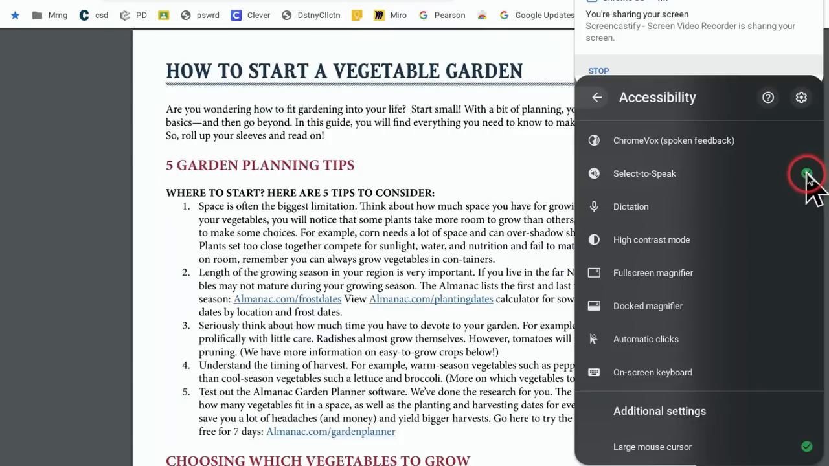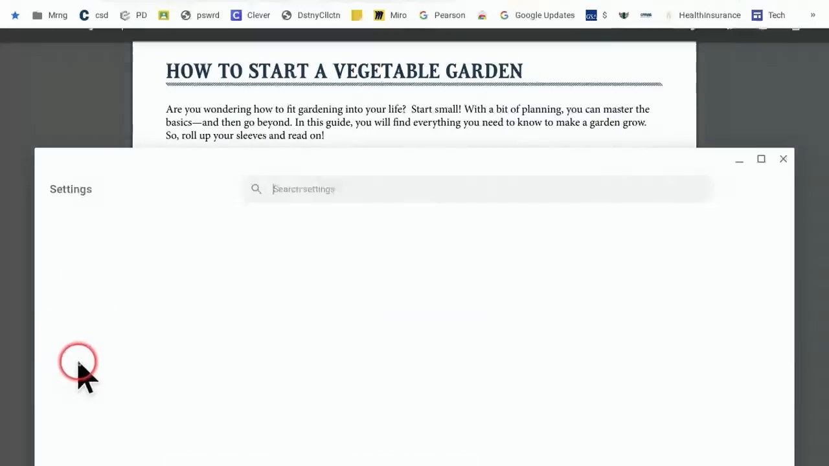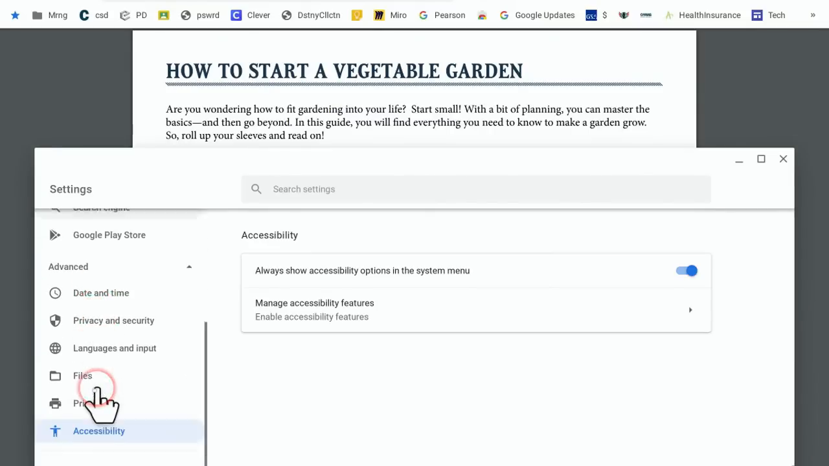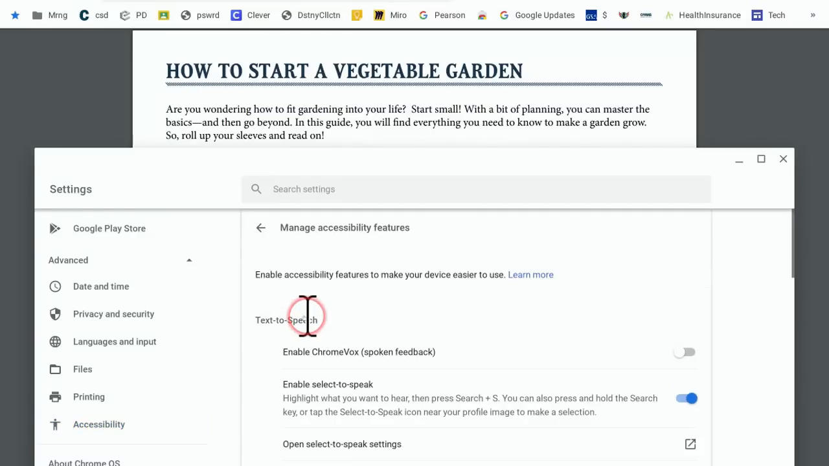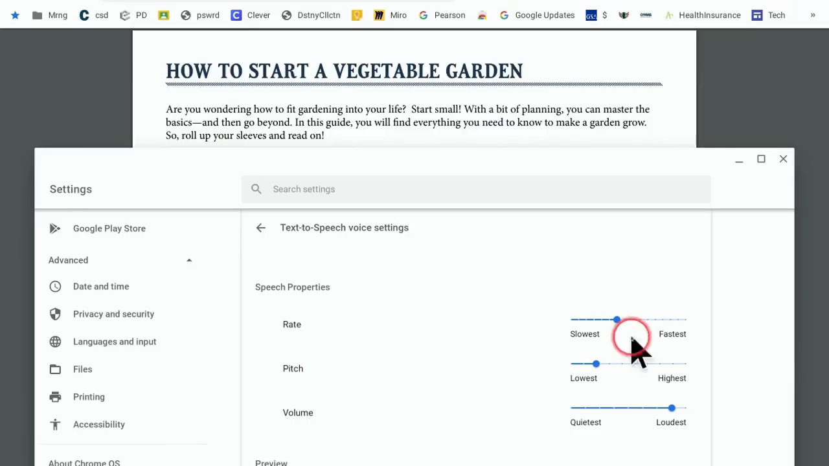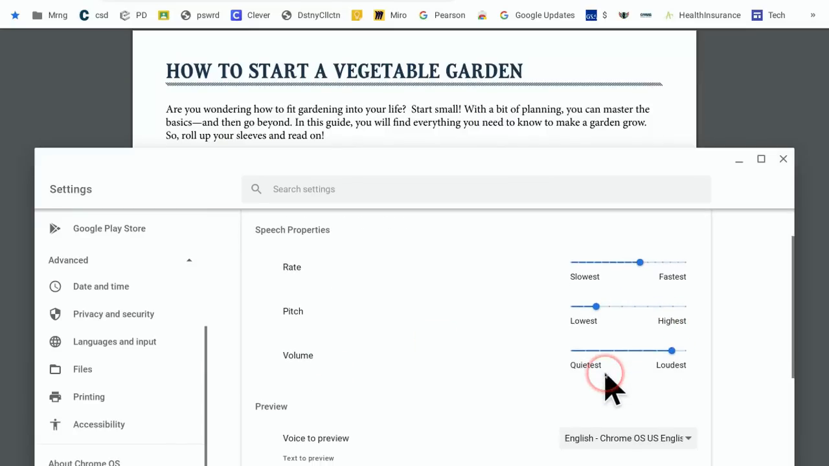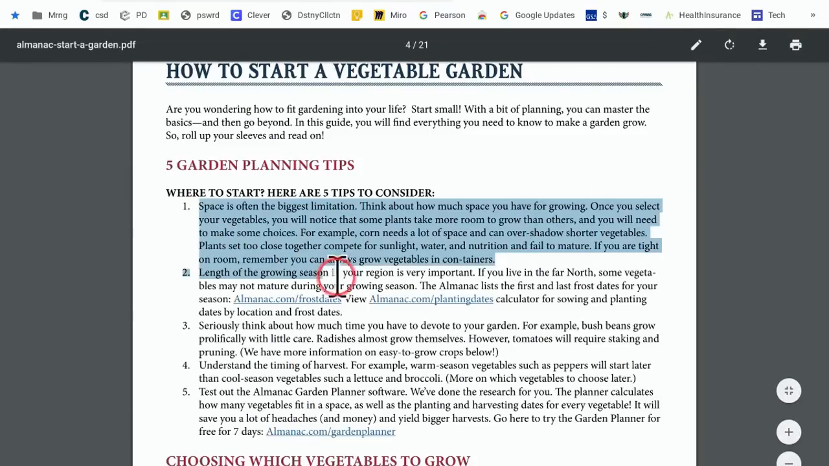But if you do want to change things like the tone and the speed, that's where you would go to settings. You would go down to advanced, to accessibility, manage the features, and here are the different voice settings. And so that's where I can speed it up if I get used to it, change pitch and such, and then close that down. And again, on your keyboards, after you've selected your text, it's search and S to turn it on,